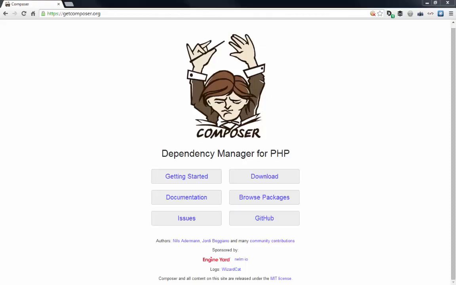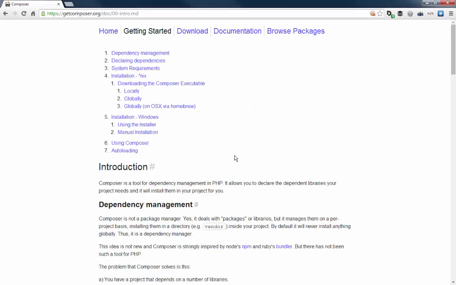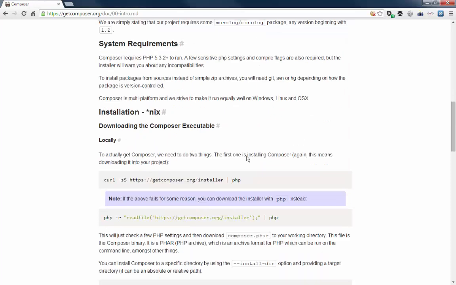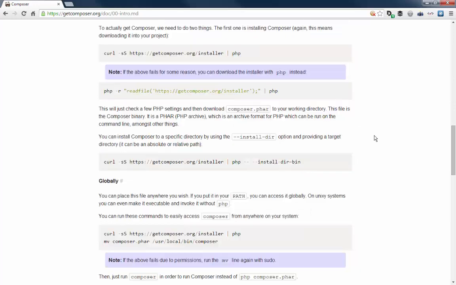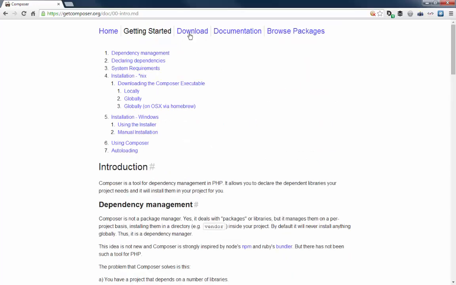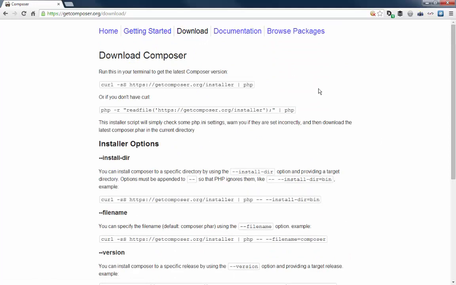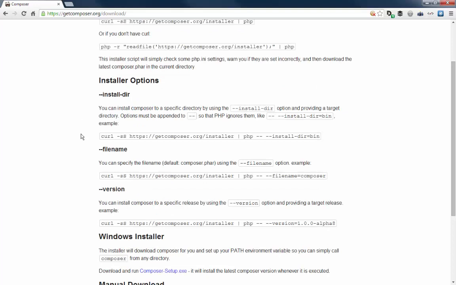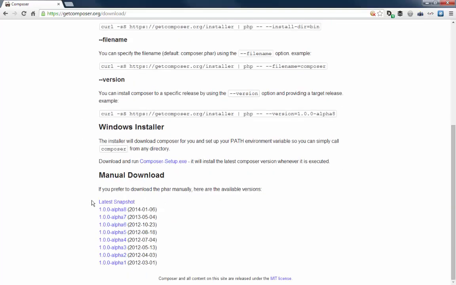Okay, so now we want to get our Composer dependency manager for PHP. You go to getcomposer.org, and here's our front page for that. You can take a look at getting started with it. It'll give you all kinds of information here. You need at least PHP 5.3.2 to run. And you can download it via these instructions here. Or, of course, you can download it right here at the download link. It tells you how to do it. Tells you what version. You can get the latest snapshot, do a manual download,